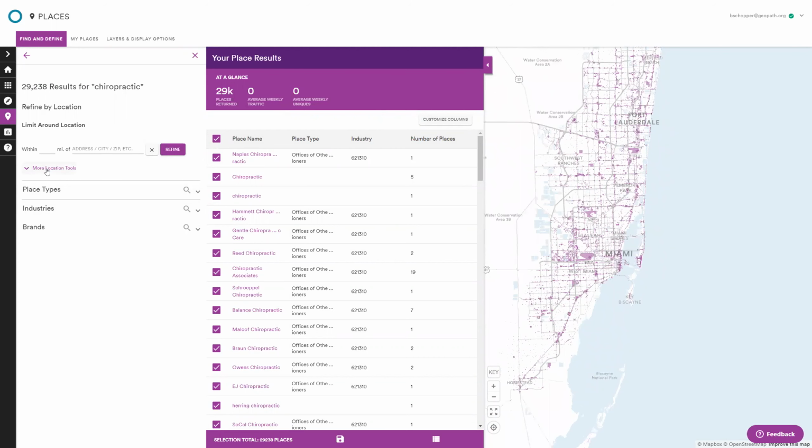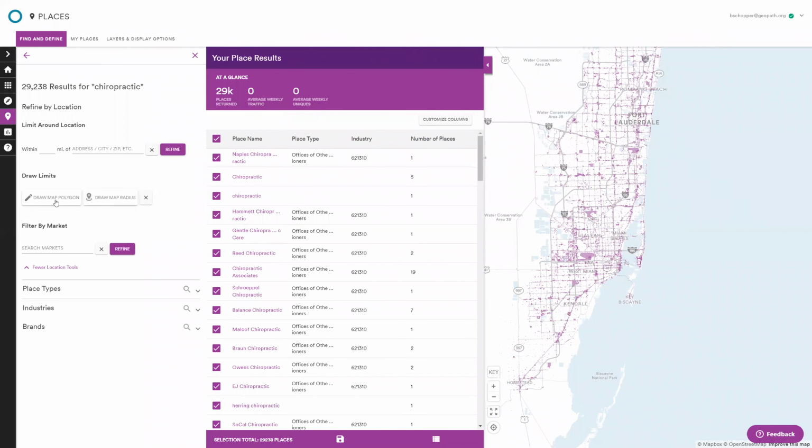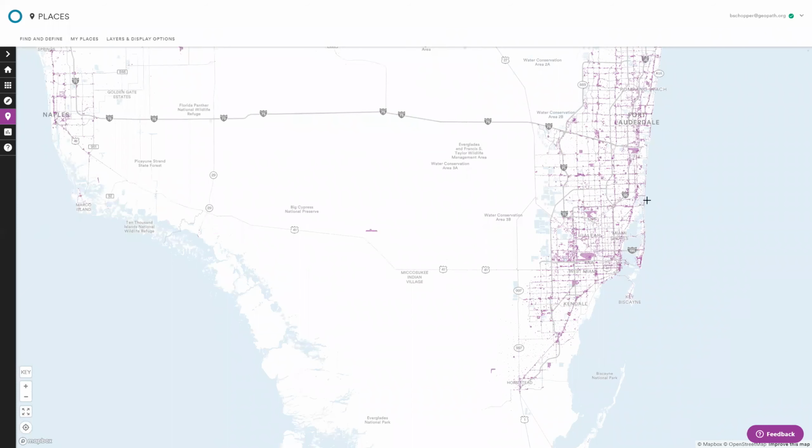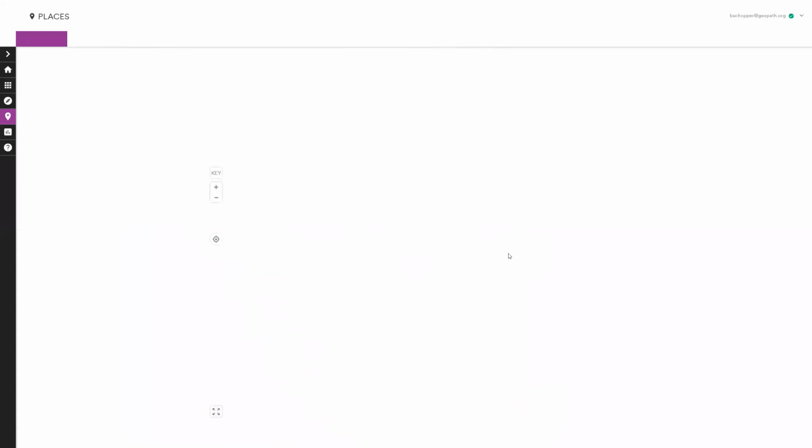So more location tools right here. And I'm going to just do a quick polygon. Let's see. Yeah, so I think it's giving me an issue. Hold on. Yeah, so apologies if it's giving you an issue, but we just wanted to be able to show